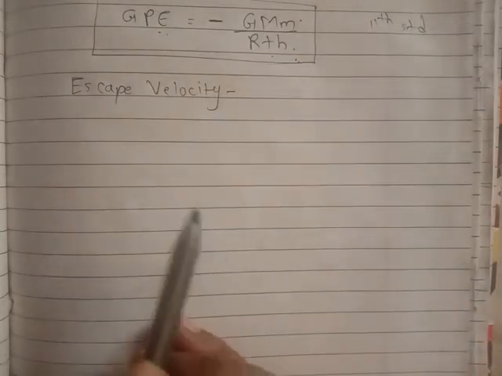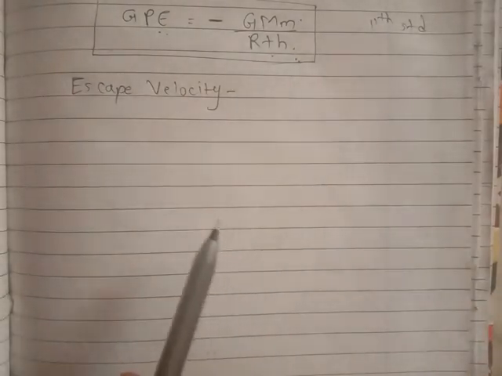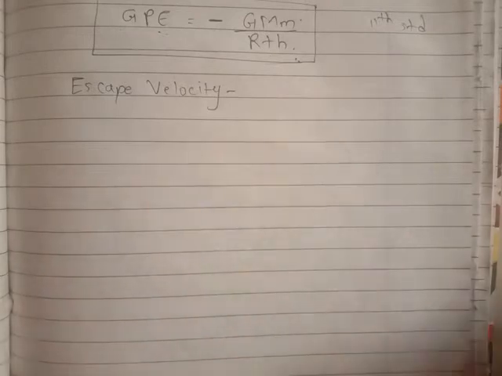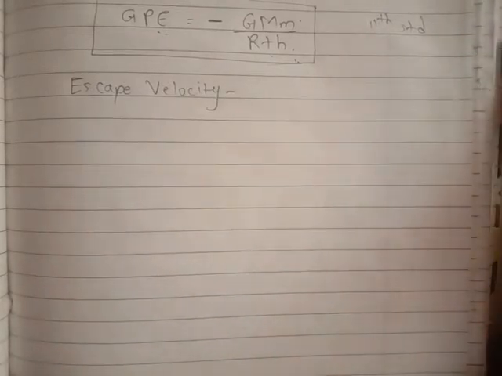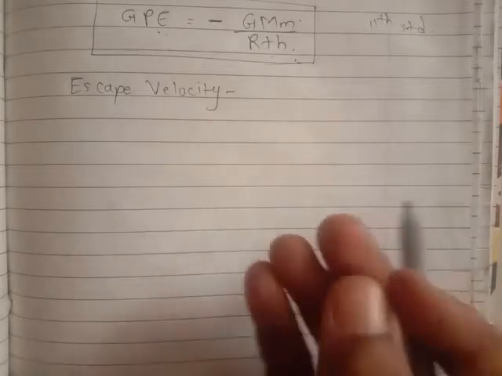Okay, the next point that we are going to study is escape velocity. What is escape velocity? First of all, we should know the meaning of escape. Now, we will start with a smaller experiment that we know: when we throw a ball upward,